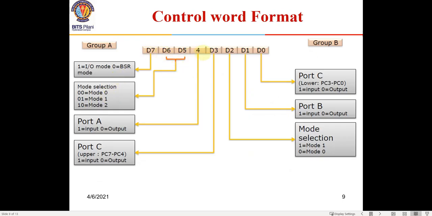Okay, so this is going to be the 8-bit data which is going to be put into the internal register of 8255. The first bit, if it is 1, it means it is going to be input output mode, like normal operation, where port A, port B, port C are going to work. If this is put as 0, then port C only, if you give 0, will work in BSR mode. That means we can configure the output of individual pins of port C.